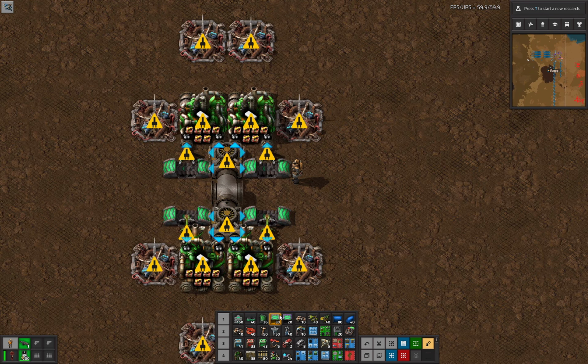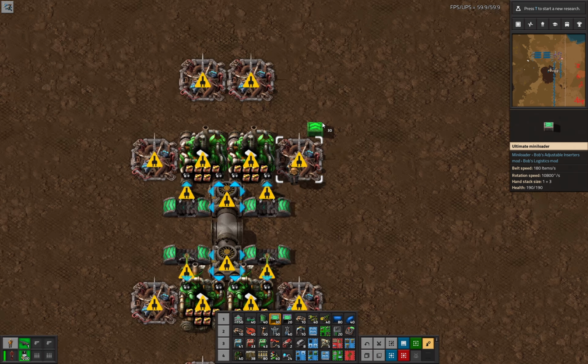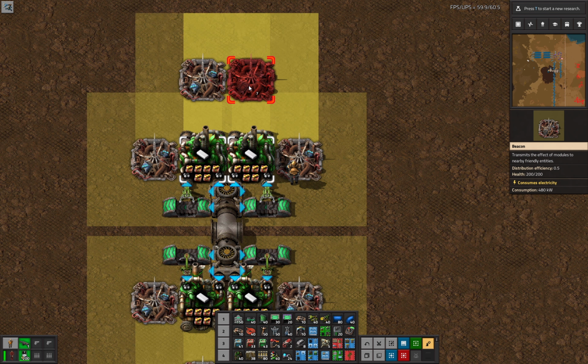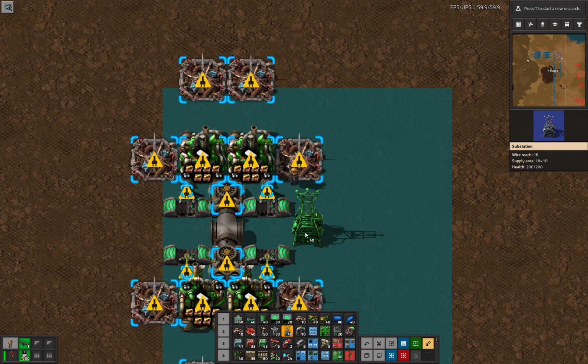Oh, let's see. How do I want to do the output? This is going to be tricky. If I really want there to be an excessive amount of output, what we could do is forego these two. Because if we... Let's look at the power draw at the moment. It would be nice...